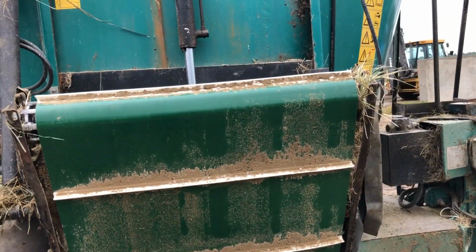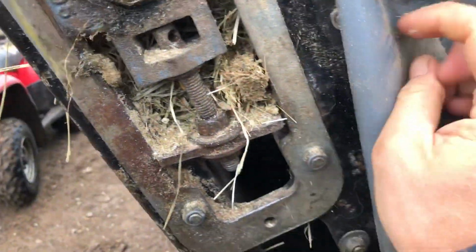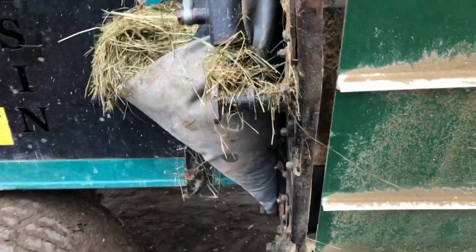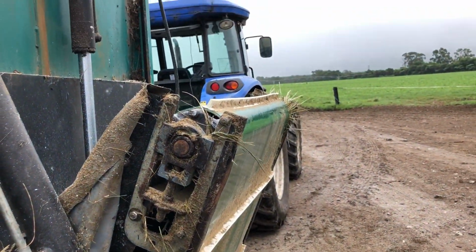but I think we just have to adjust it here on these belt tensioners until we've got it pretty much where we need it to be. So yeah,